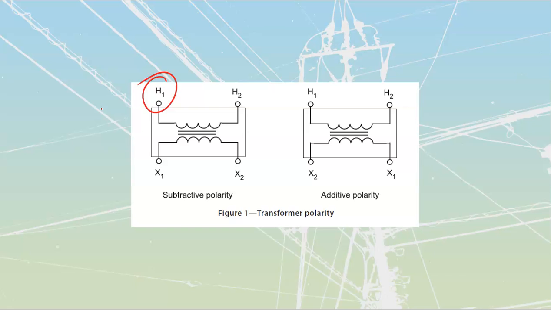And the way that I determine where my H1 lead is going to be is I walk myself around to the low voltage side of the transformer. So I'll literally just walk myself right over here. And then if I'm over here, what I see across the transformer and on my upper left will always be the H1 that I'm going to have. Same if I were to walk myself over here. Upper left is going to be my H1. What's even better is, hold on a second,